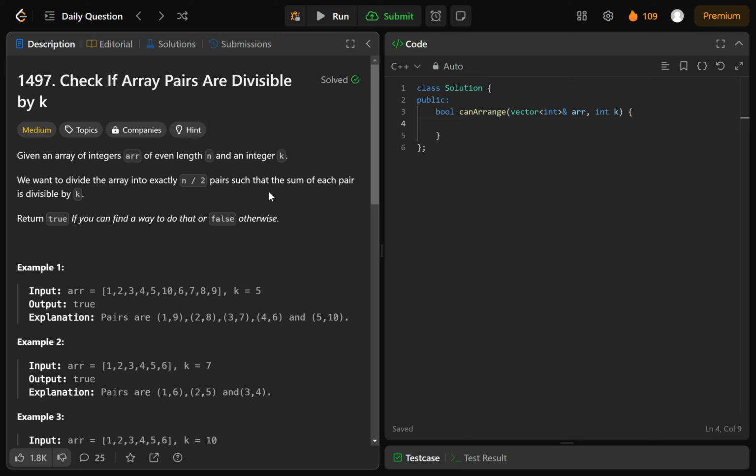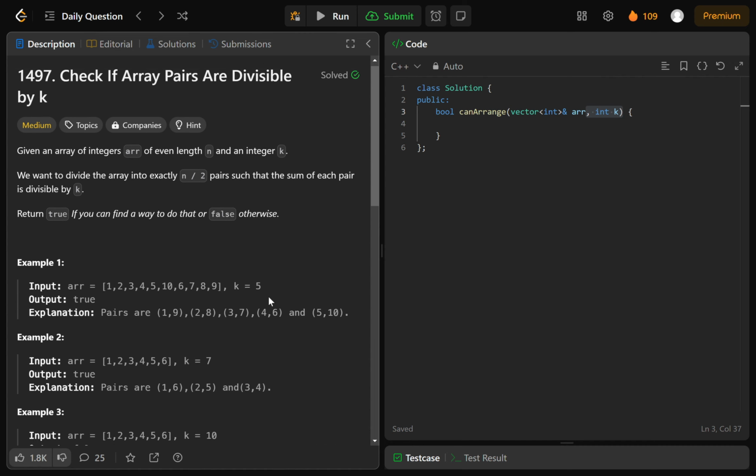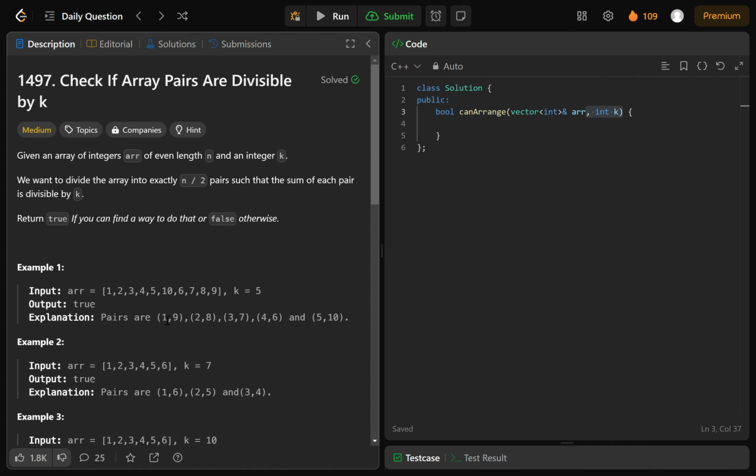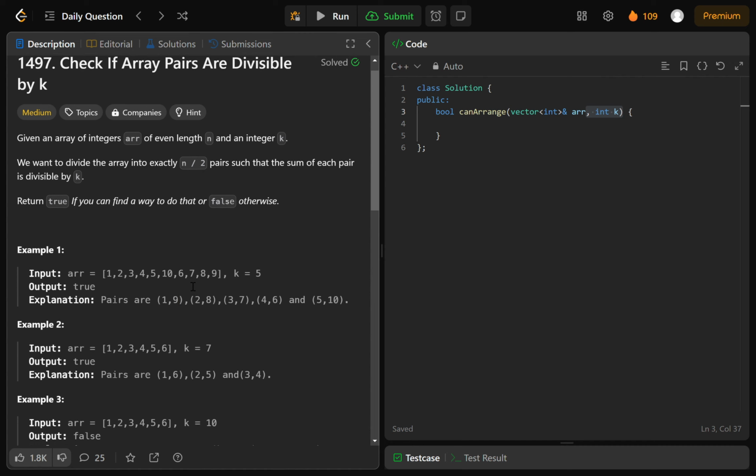Hey guys, today's question is check if array pairs are divisible. In this question, we are given an array and an integer k, and we have to determine if we can divide the array in such a way that the sum of every pair is divisible by k. For example, in this example, arr is 1, 2, 3, 4, 5, 10, 6, 7, 8, 9, and k